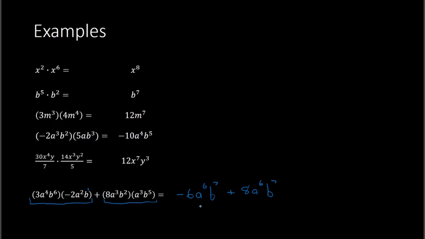And then here, we can look to see if we can combine anything. And we actually can, because these are like terms. They both have a to the 6th, b to the 7th power. So those are like terms, so I can combine. If they were not like terms, then my answer would have to remain as it is. But they are like terms, so I can combine. We have -6 of these plus 8 of these. So -6 plus 8 would give me a +2. So I have 2 as my coefficient, and then a to the 6th times b to the 7th. So this right here would be my final simplified form of the initial